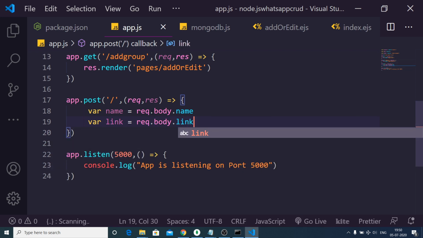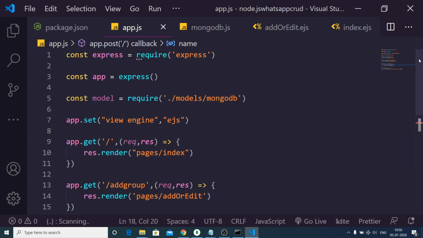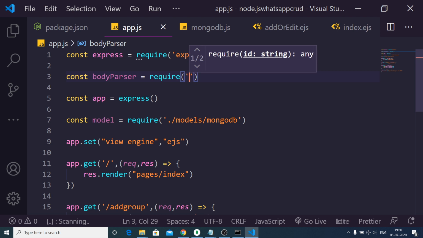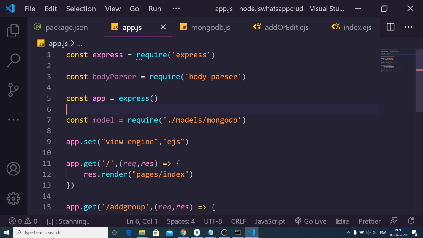This code will not work until we make use of body parser. So we need to require it first of all: const bodyParser equals require body parser. It is basically a middleware that you need to pass to Express after you initialize your Express app.